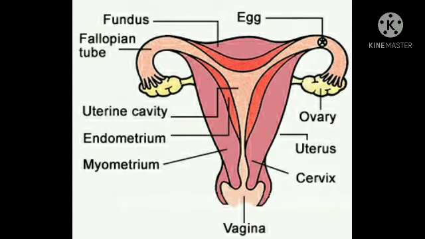Next part is the vagina. It is a long muscular tube that is just behind the rectum and the anal canal, and it originates from the cervix. It is very vascular, it means it is very rich in blood supply. It has a thick mucous membrane to ensure that the baby will not fall during the 9 months of gestation, and it